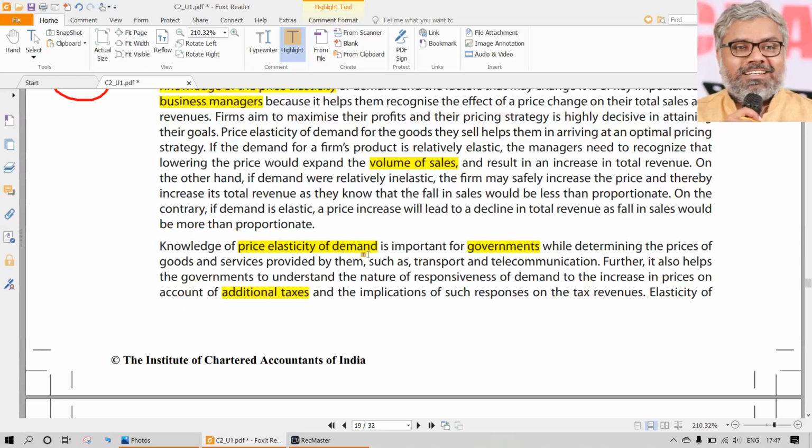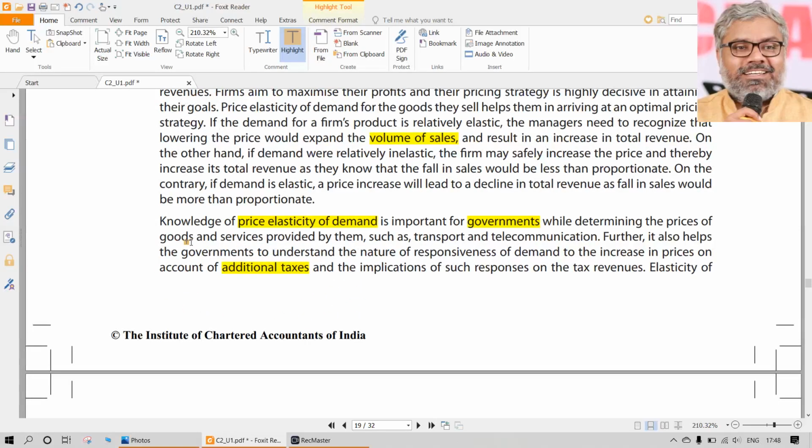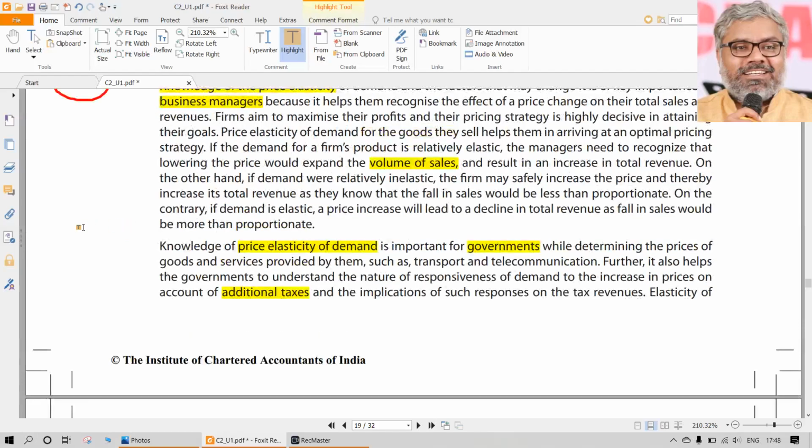Definitely not, because they know that the price elasticity of demand for tobacco products is very low, since people are habituated to that. When the price elasticity is low, the price of the commodity can be increased without much impact on the demand. When there is not much impact on the demand, the price of the product can be increased. That cushion is there. That cushion is what the government uses in the form of additional taxes on what are generally called sin goods, bad goods, like tobacco products, liquor.